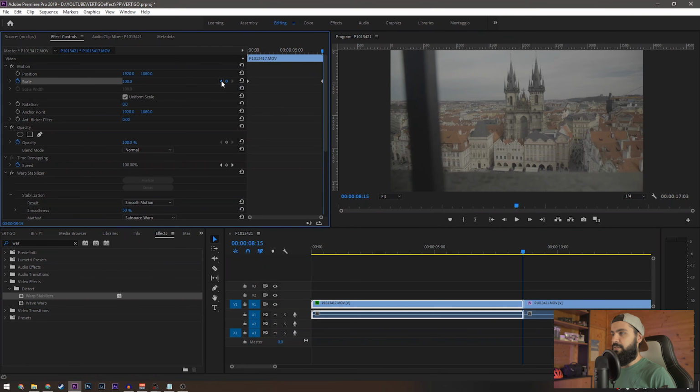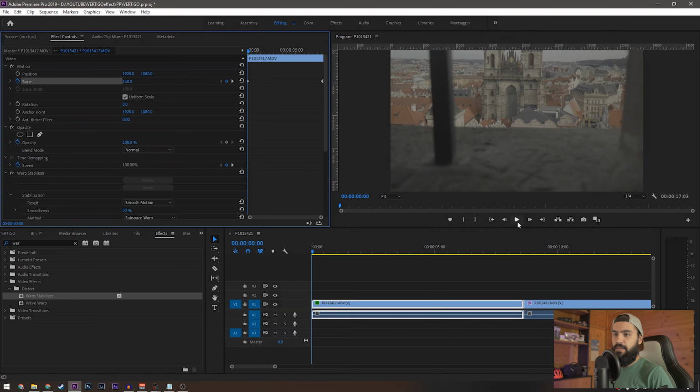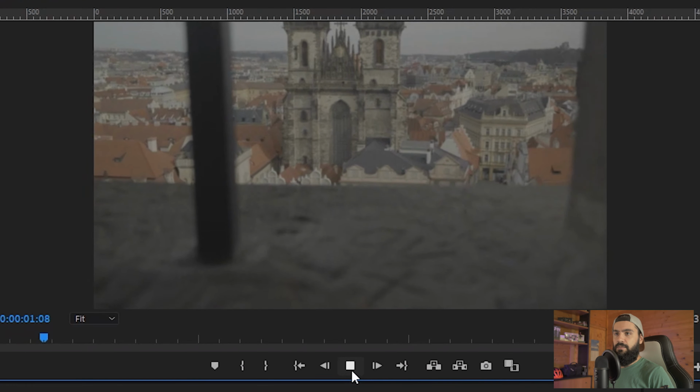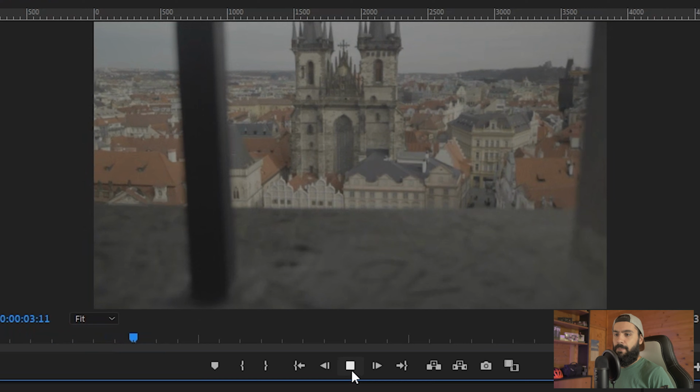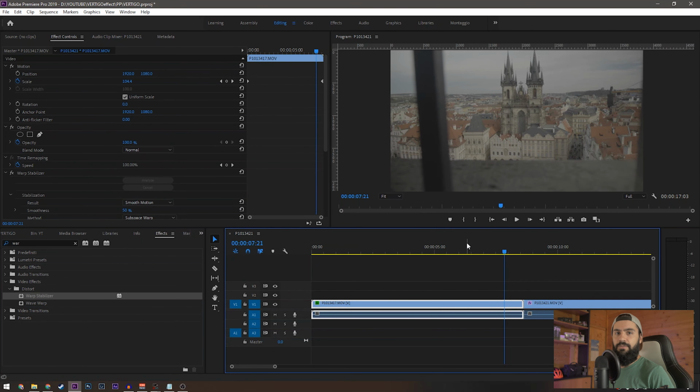Then you go on the first keyframe and you just go for a zoom in. You just have to scale up the clip. So we are gonna go now for under 150, maybe we're gonna try like this, and then we're gonna hit play. You see, you have created just like a vertigo effect. It's not the same because you don't have the lens distortion and the background doesn't go blurry, but anyway, it's